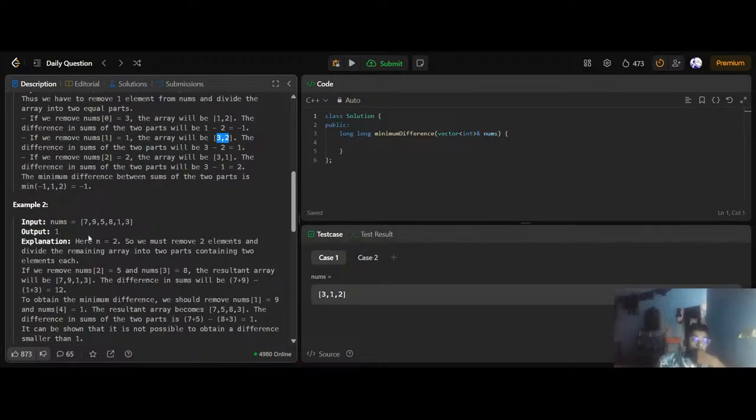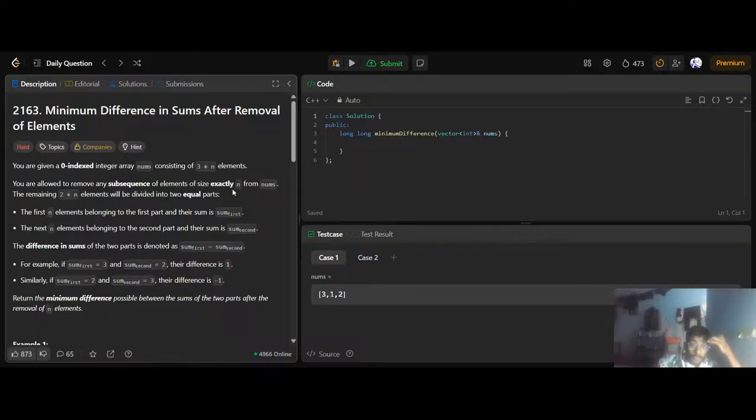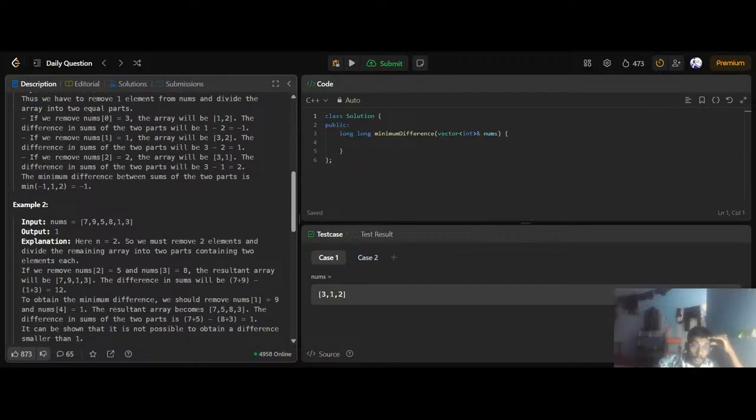Okay, in this example, I have to minimize the sum. I have to remove a subsequence of size n. What is the value of n? 1, 2, 3, 4, 5, 6. So I have to remove two elements, right? To remove two elements, I have to make something like the minimum. I have to find the minimum